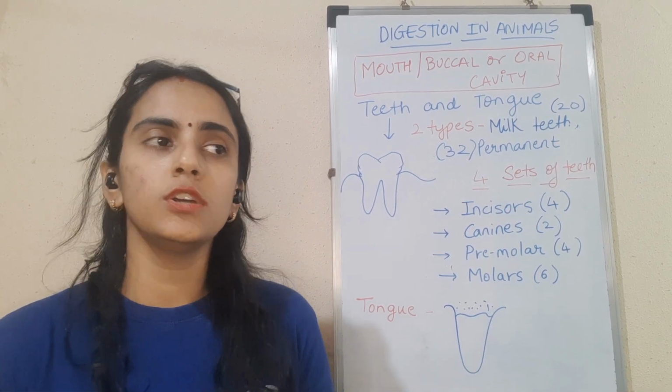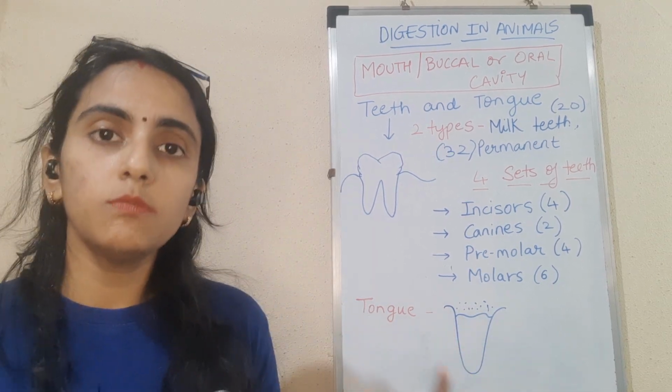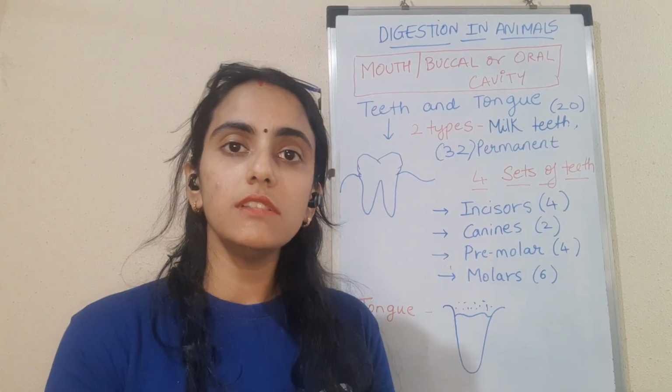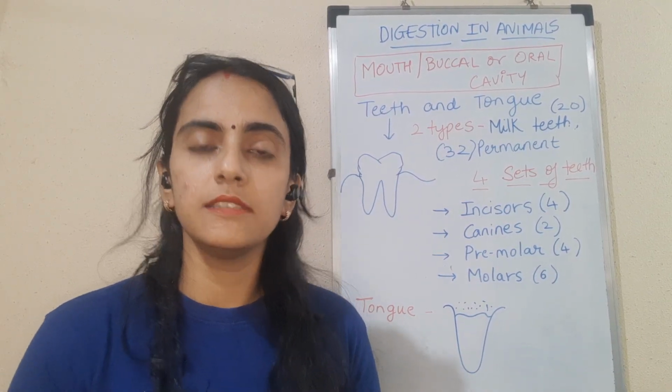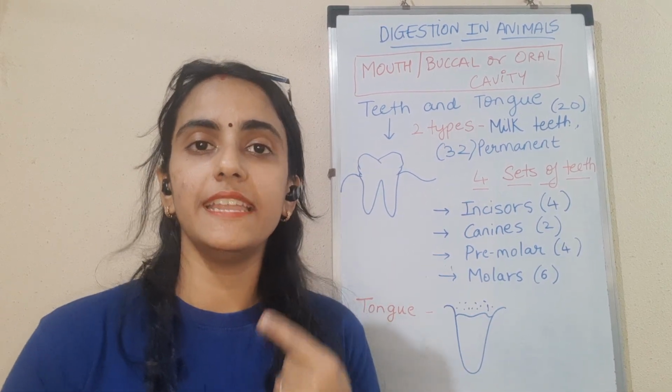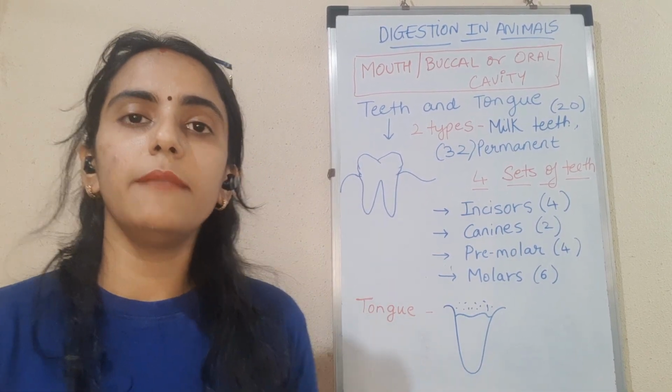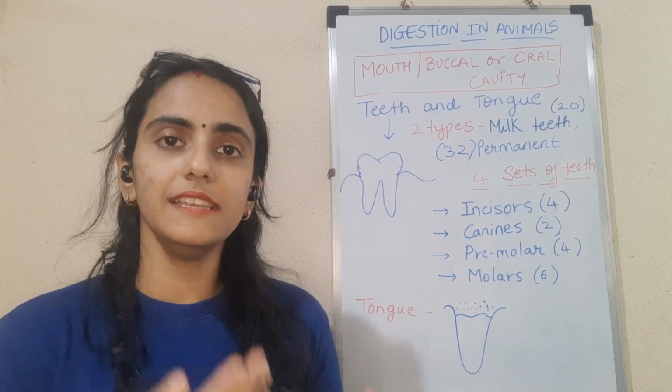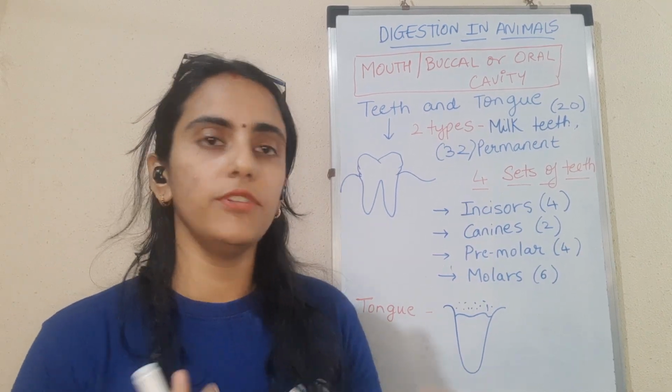You must have noticed when there is a small child, that small child is not able to pronounce all the words like we can do as adults, right? That is because all his teeth have not yet erupted in his mouth. So the teeth also help us to pronounce some words. That is, the teeth help us in speech and phonetics.